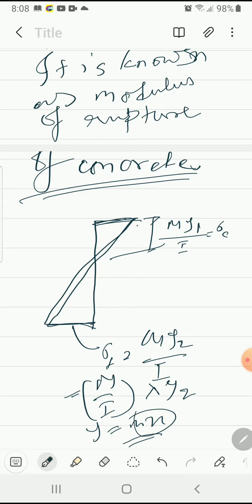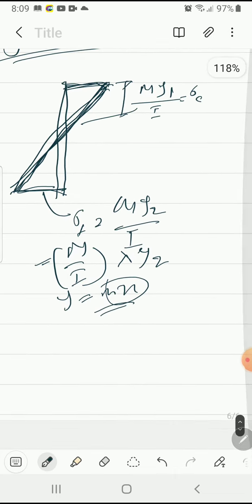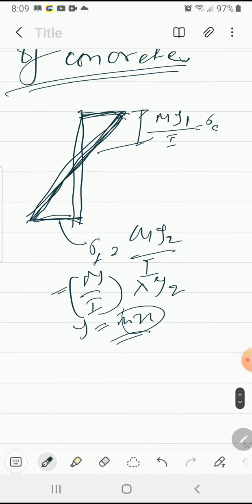That means it is linear. Okay, the stress distribution over the cross section, above the neutral axis and down the neutral axis, is linear. So it is called uncracked section,